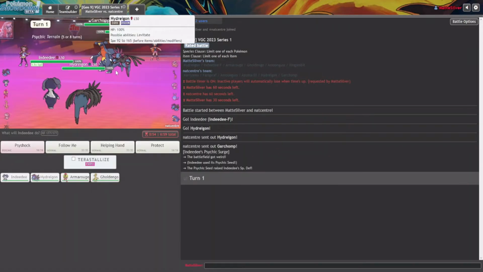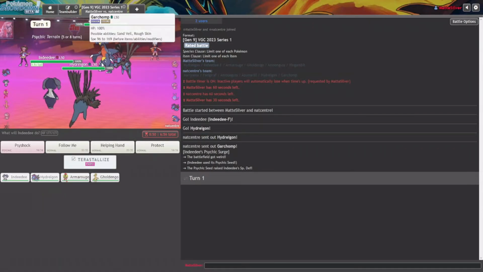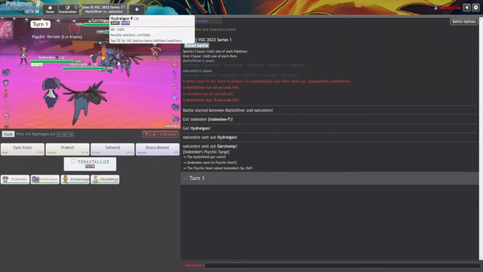And I'm gonna see what his plan is, because I can just Terastallize Fairy and just have my Hydreigon dodge everything. And then I think, do I just set up Tailwind, or do I...